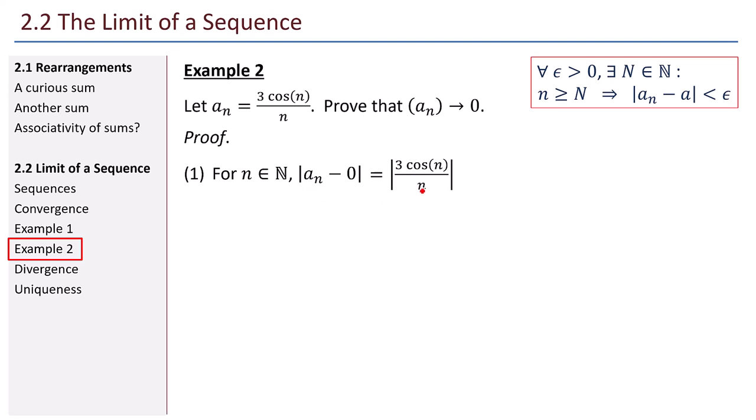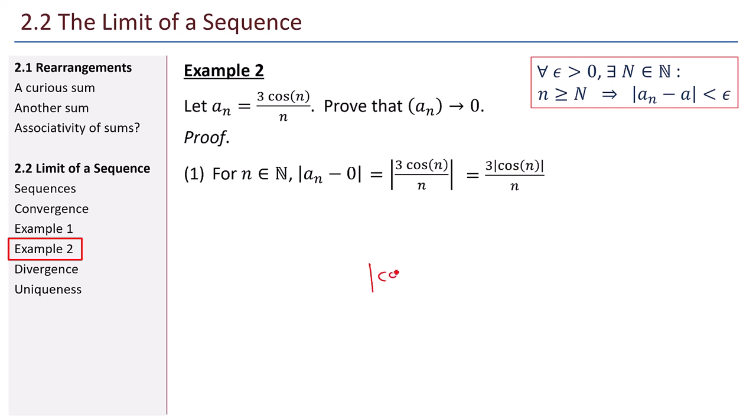That's the 3 cosine n over n. I can split absolute value across the top and the bottom. N is positive anyway, since it's a natural number, so absolute value of n is just n. And on the top, I have 3 times cosine n. Also, the absolute value of a product is the product of the absolute values. Now, maybe you see